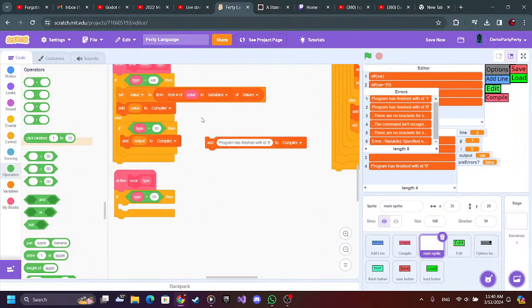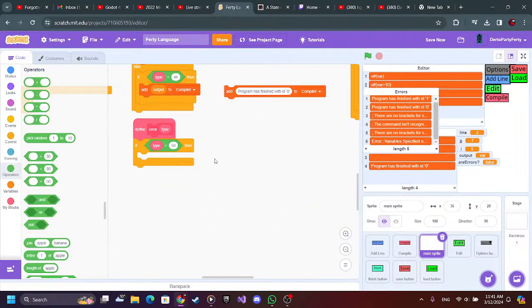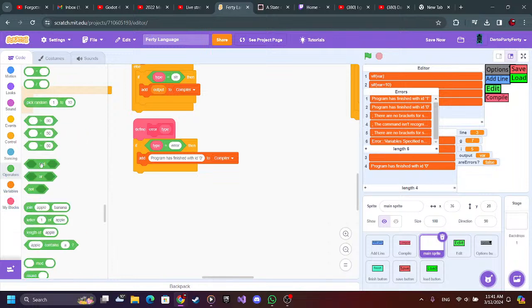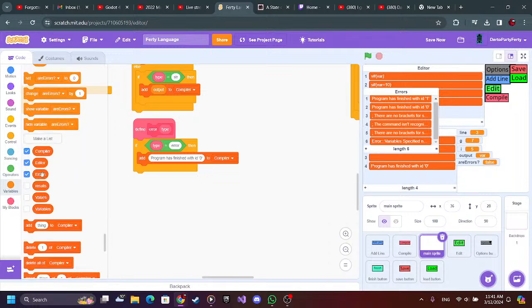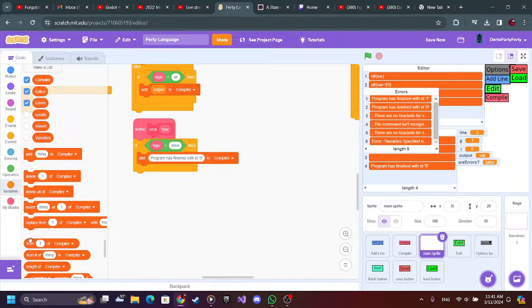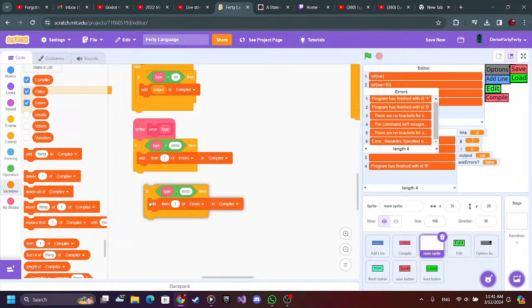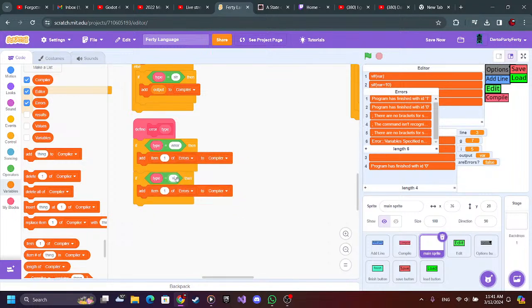duplicate this. Error, simply error. We will add errors. No, item 1 of errors. Good. No error, simply error because it's simpler. Now item 2,